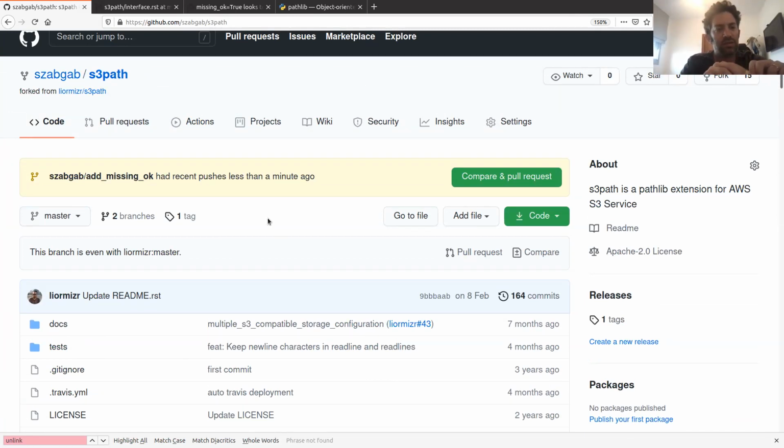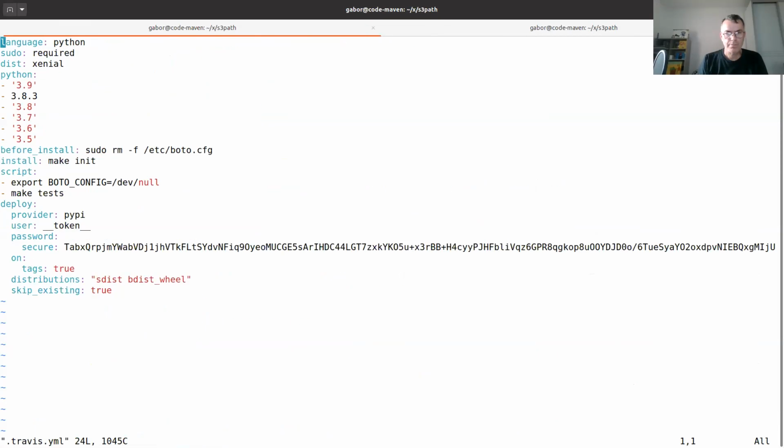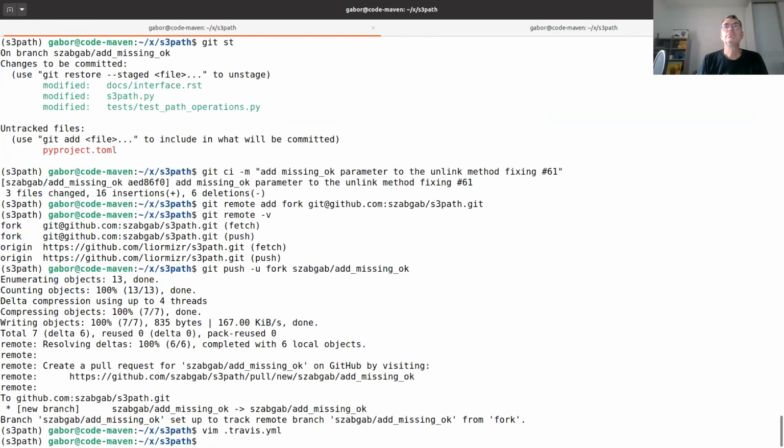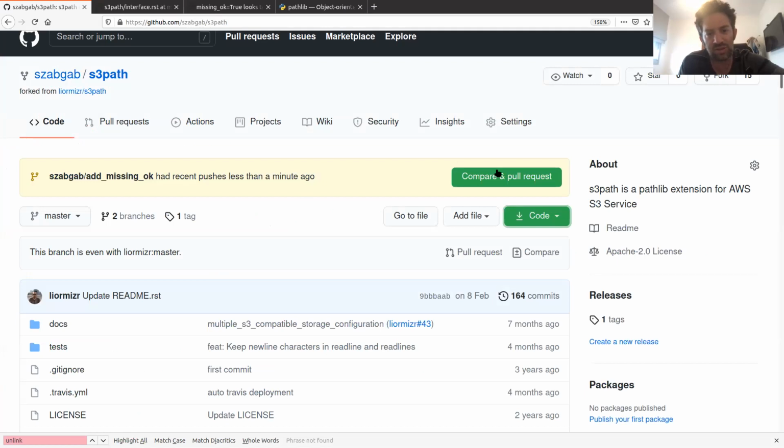Plus, I need to add a couple of my fixes to create a new version. We won't do it today, but basically that's it. The only thing that is left is to create a pull request. Yeah, okay.